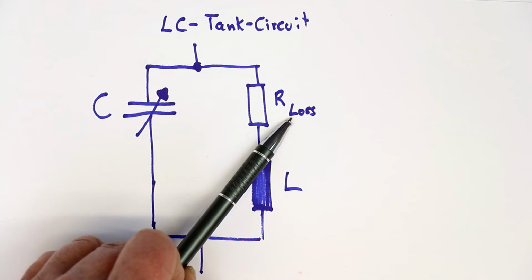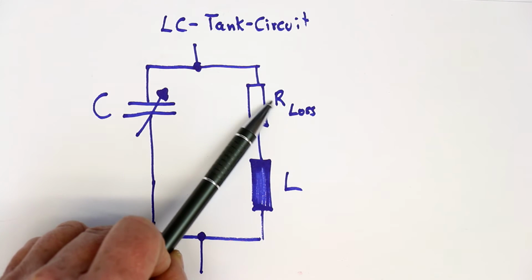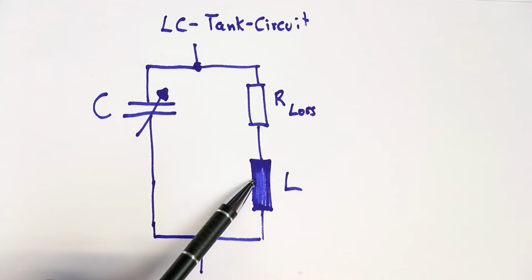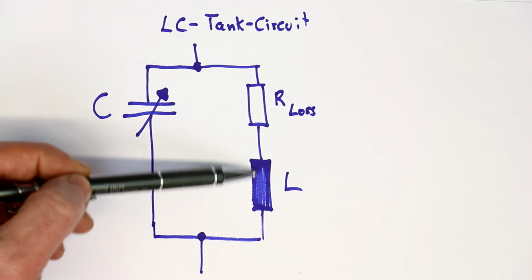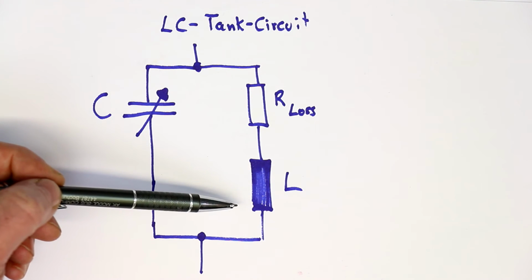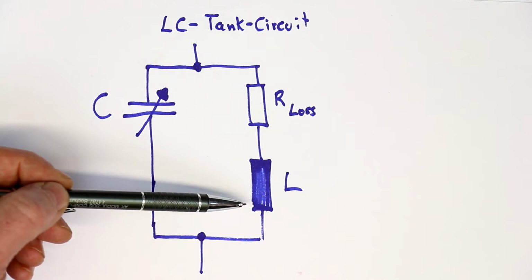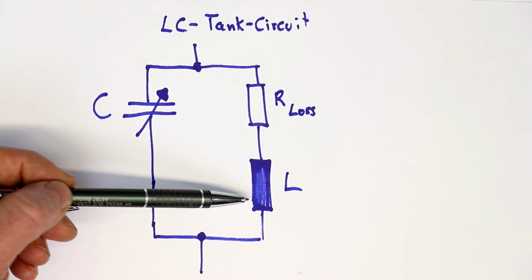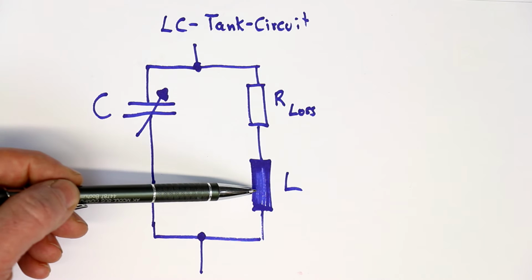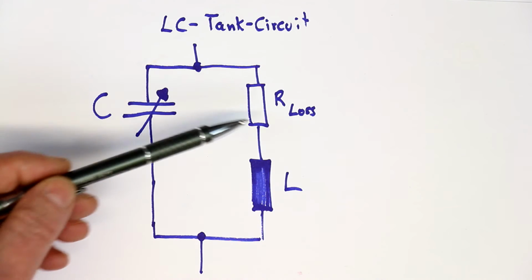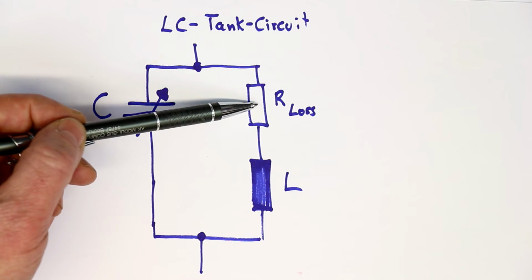But here I already wrote R loss, so we will take this as the sum of all losses concentrated in series with the inductor. And you can compare this with the mechanical model of a spring pendulum. There we have the friction losses. The internal friction in the spring finally leads to the oscillation just dampening out, and we have the same equivalent here in an LC tank circuit, where first of all the ohmic losses